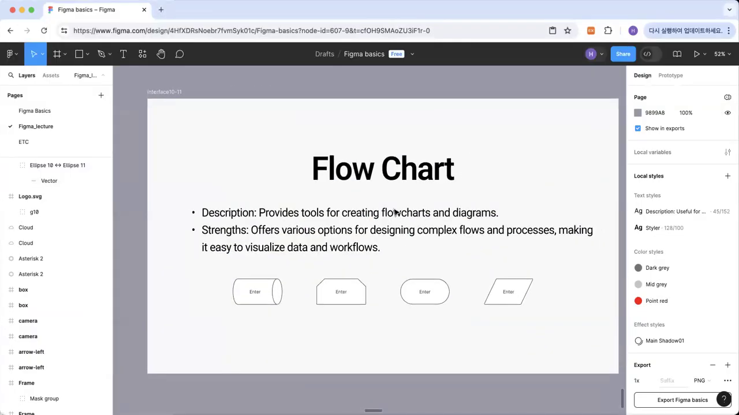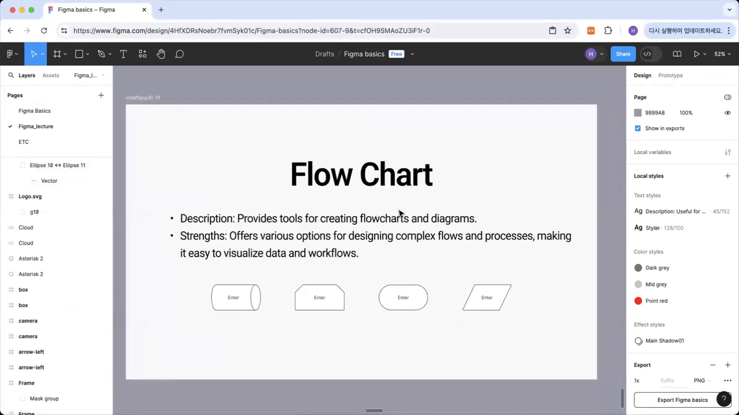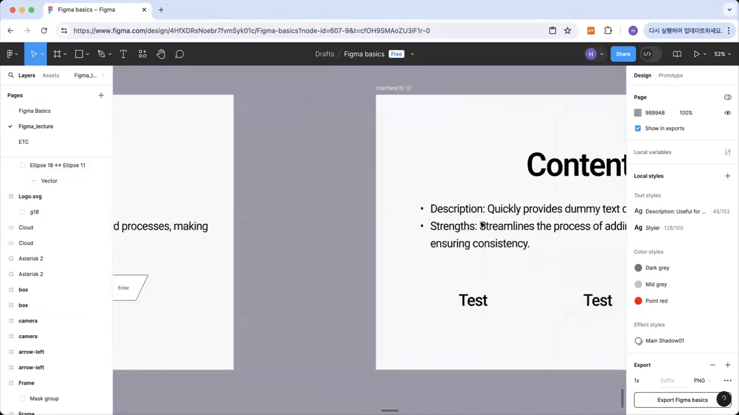Speaking of a flowchart, the flowchart plugin is a must-have plugin. It makes it easy to create complex diagrams and flows, and is perfect for mapping out a user journey or process diagram. And next,